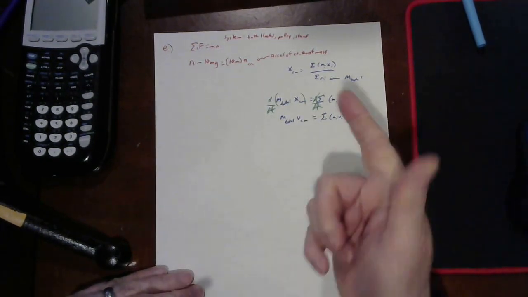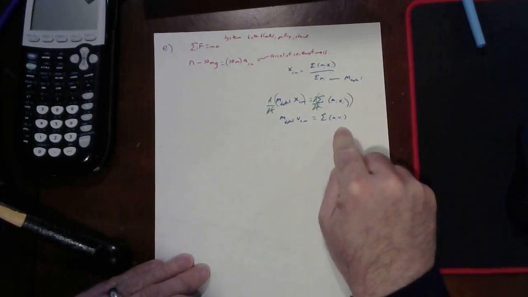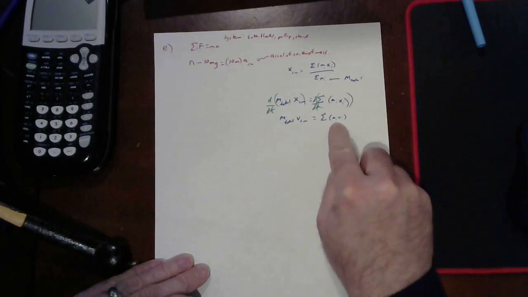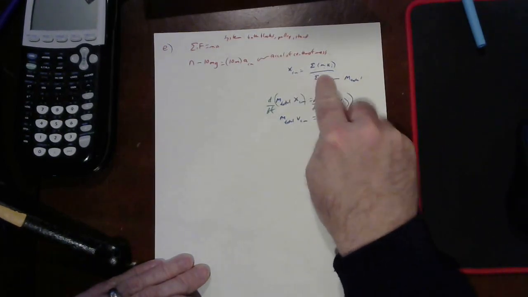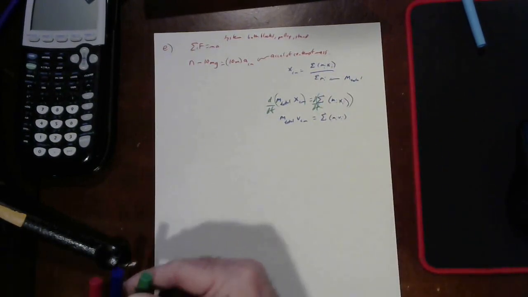Okay, we're going to do that one more time, but this is how we'd find the velocity of the center of mass. Then we just move the m total back under here. Velocity of center of mass, you just add up all the mi vi's divided by the total mass. Just like to find the position of center of mass, it's the sum of the mi xi's over the total mass. Okay, and if we do this one more time,